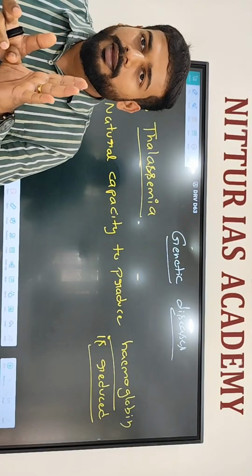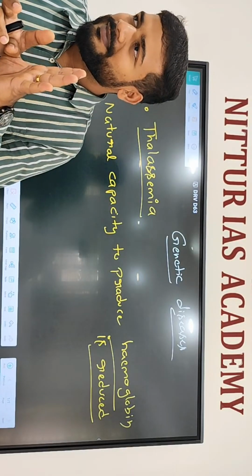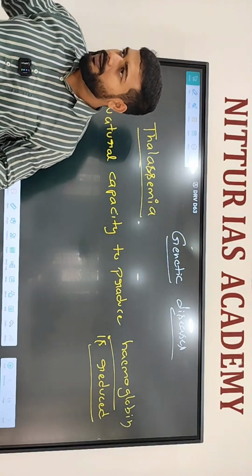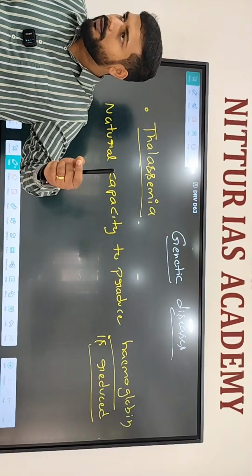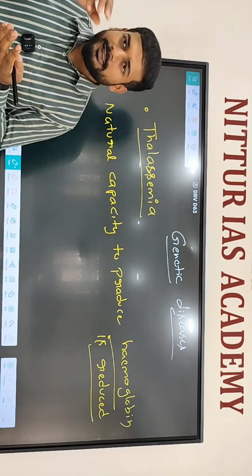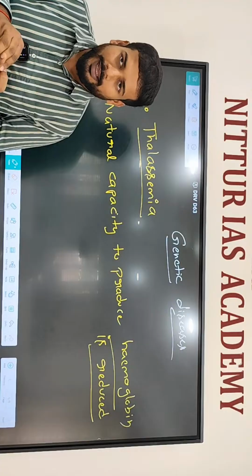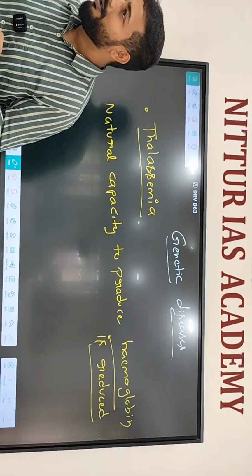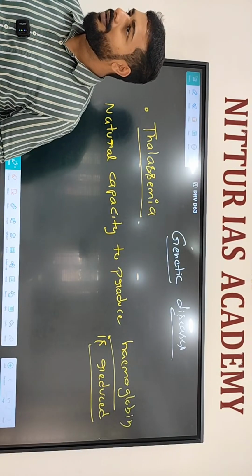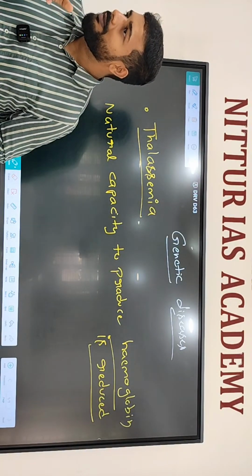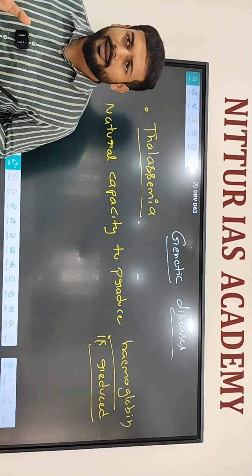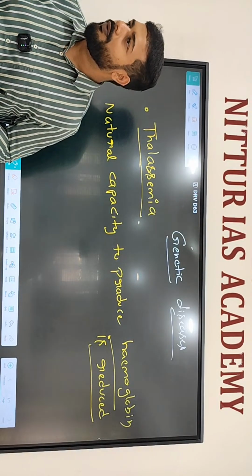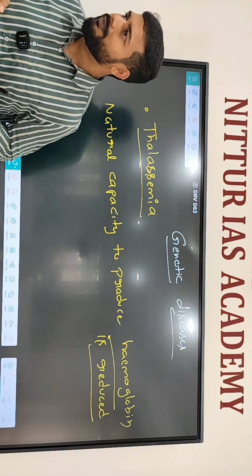Just imagine the size of our cell is in microscale, 10 power minus 6 meter. Take 1 meter, divide into 10 lakh parts, one small part is 1 micro. Inside the cell, the nucleus is there. Inside the nucleus, chromosomes. Inside the chromosome, DNA. Inside the DNA, the gene. We should edit that gene. That is a very risky, complex task, right? That's why it costs more. 2 crore for gene editing.